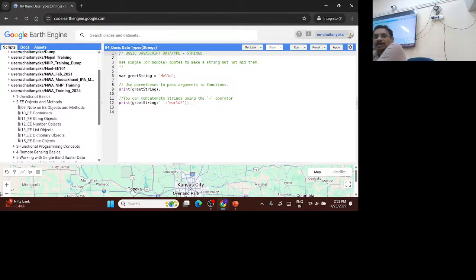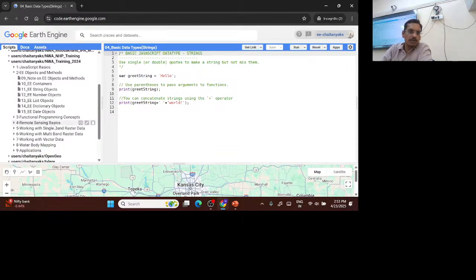So yeah, in such cases, suppose you want to multiply all pixels by 2, then you cannot simply use 2. You have to put it in a container, ee.Number(2). Otherwise, the server will not understand it as a number. A simple number is not understood by the server. You remember that. So whenever you want to call any image, you have to put it inside a container ee.Image